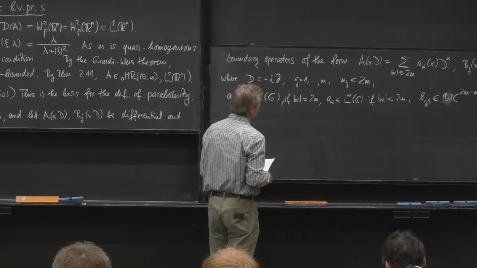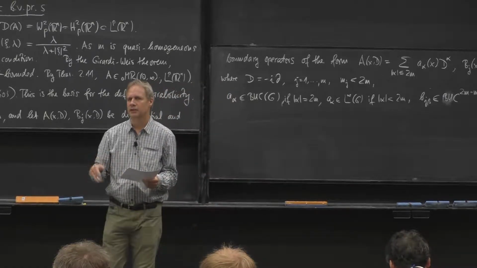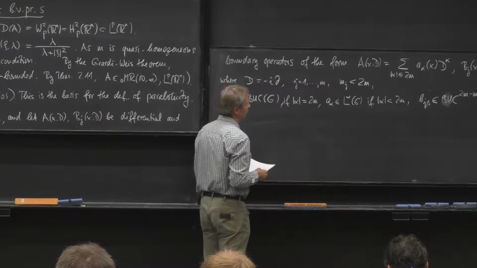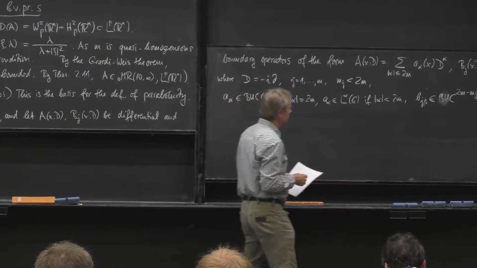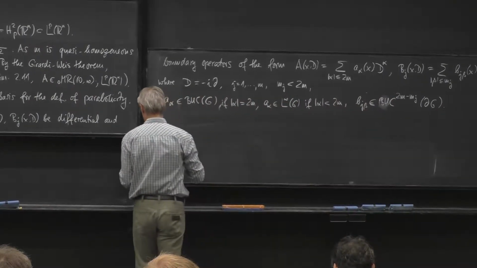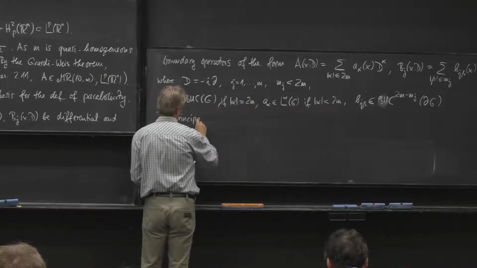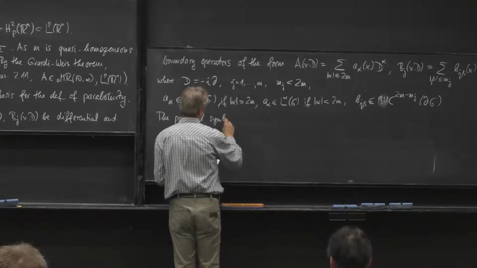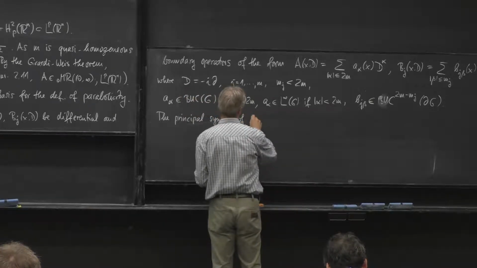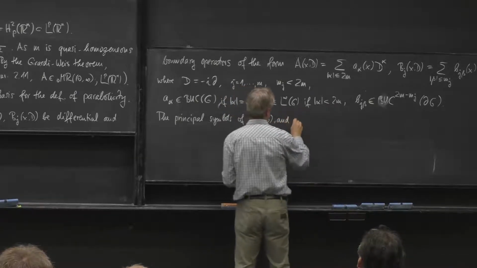And as I said, in principle, I want to apply a Fourier transform. Of course, in a bounded domain, this is not possible, but we will come to this later. Nevertheless, I already now define the principal symbols of A and Bj. So the principal symbols of A. So these are first of all formal differential operators.